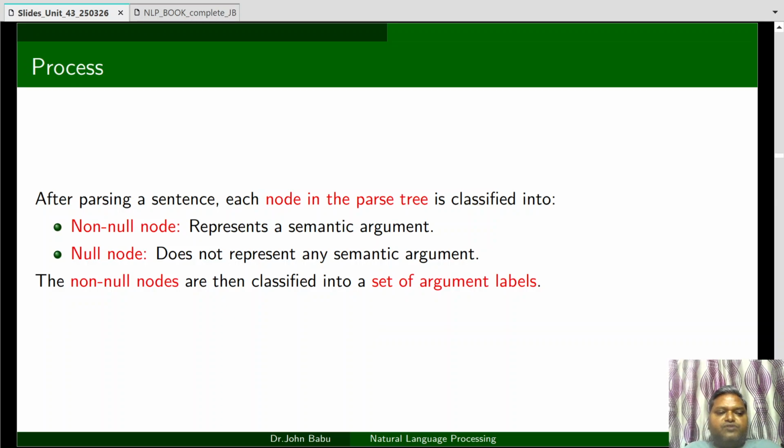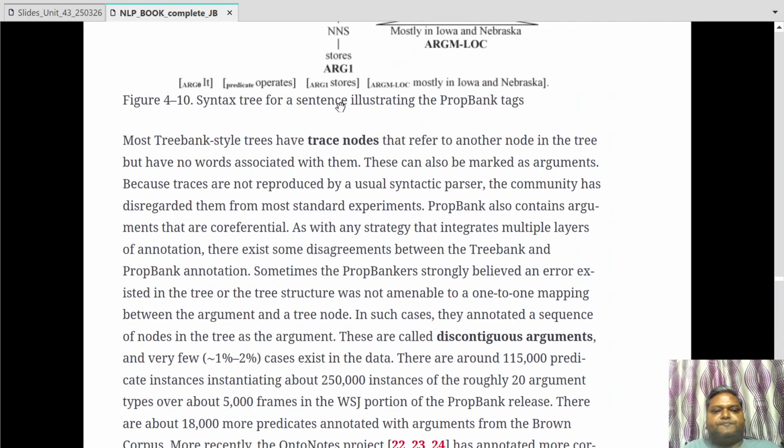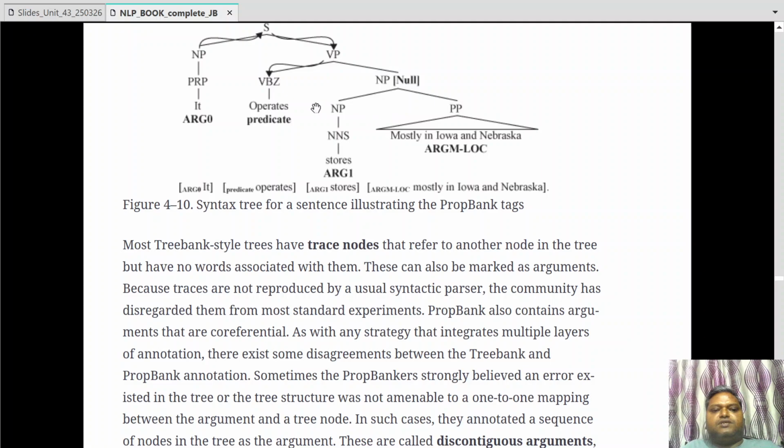So the process that will be followed is we get a parse tree, and once we get a parse tree, for example, if you see the parse tree, this is a parse tree. This is a syntax parse tree. So once we get this parse tree,